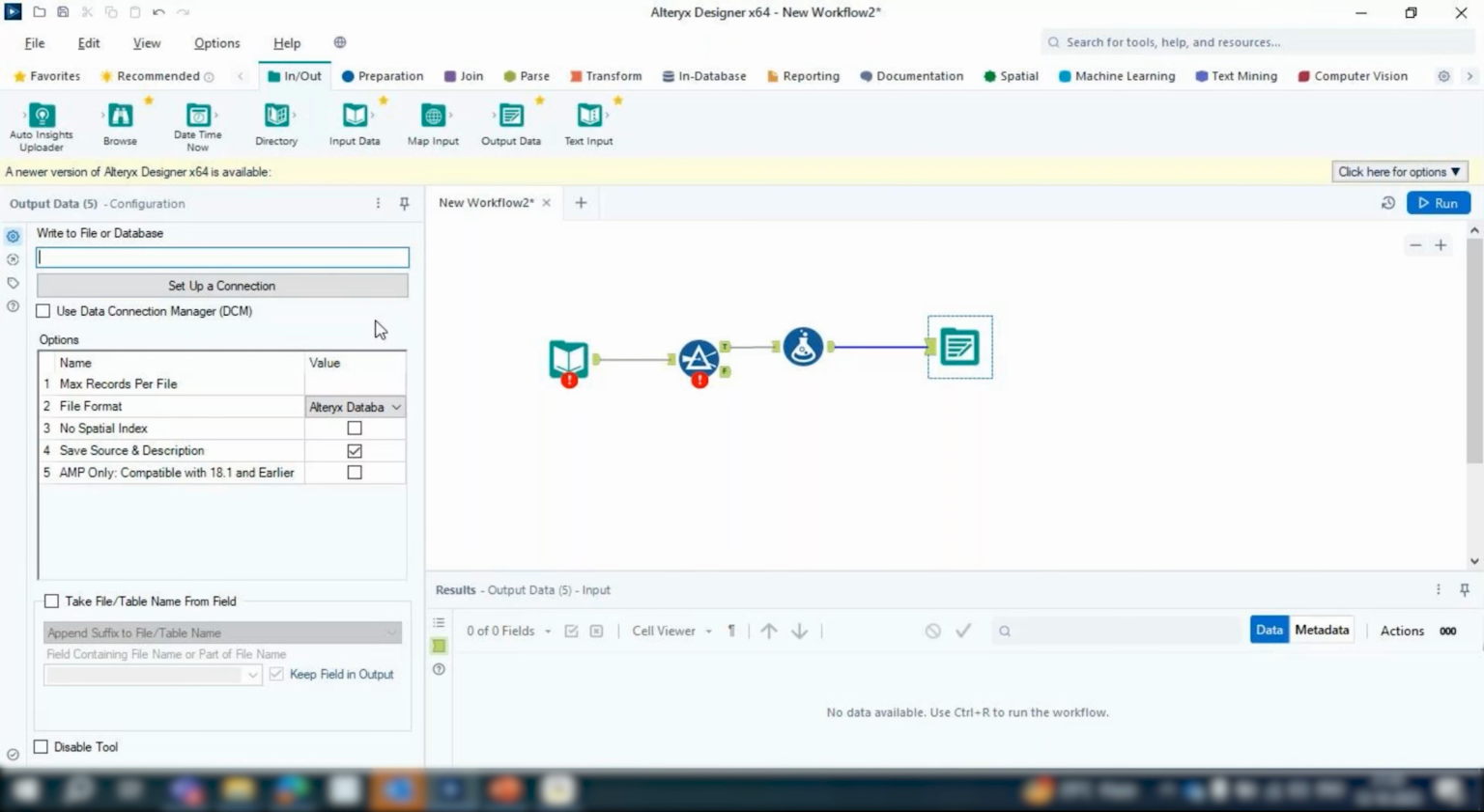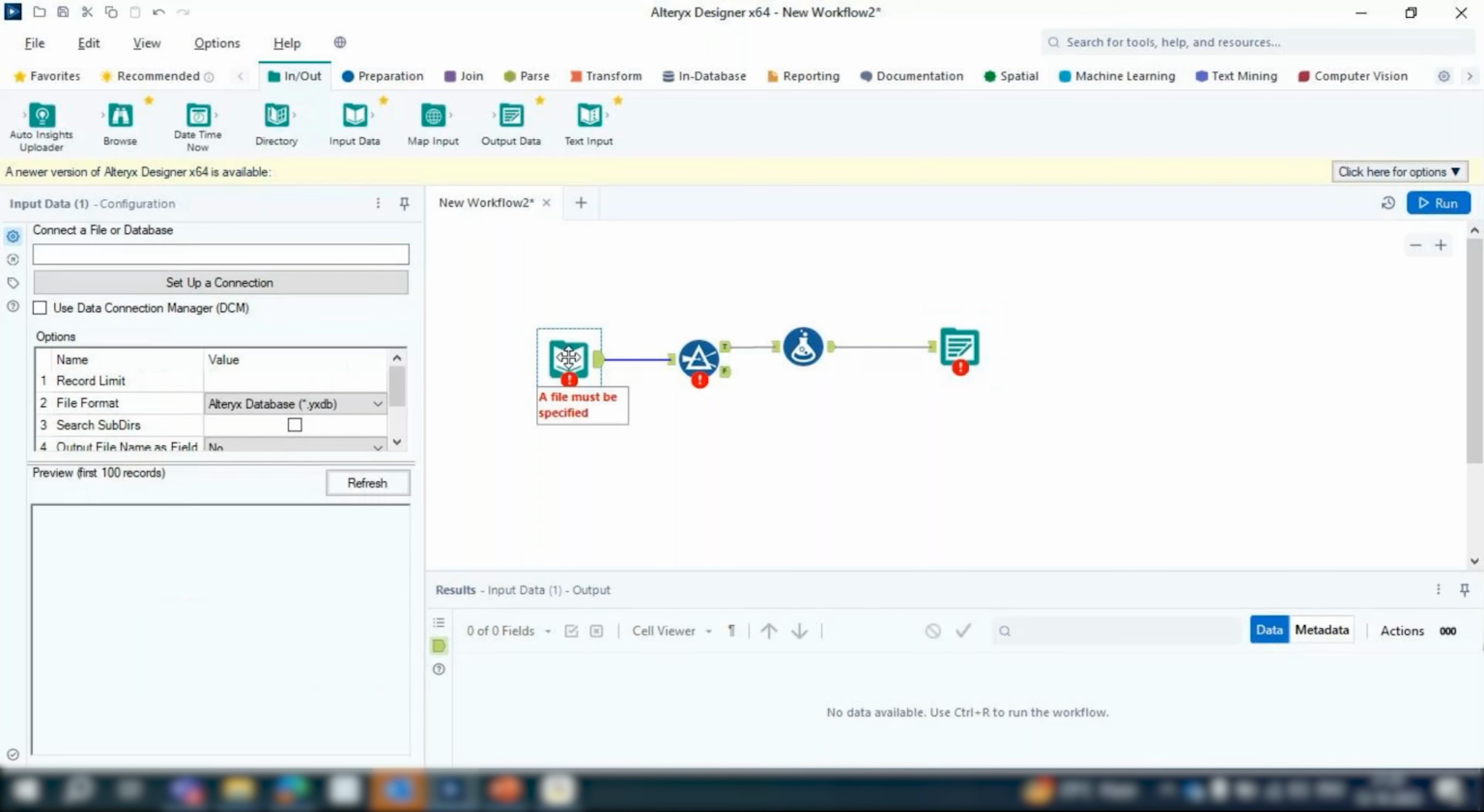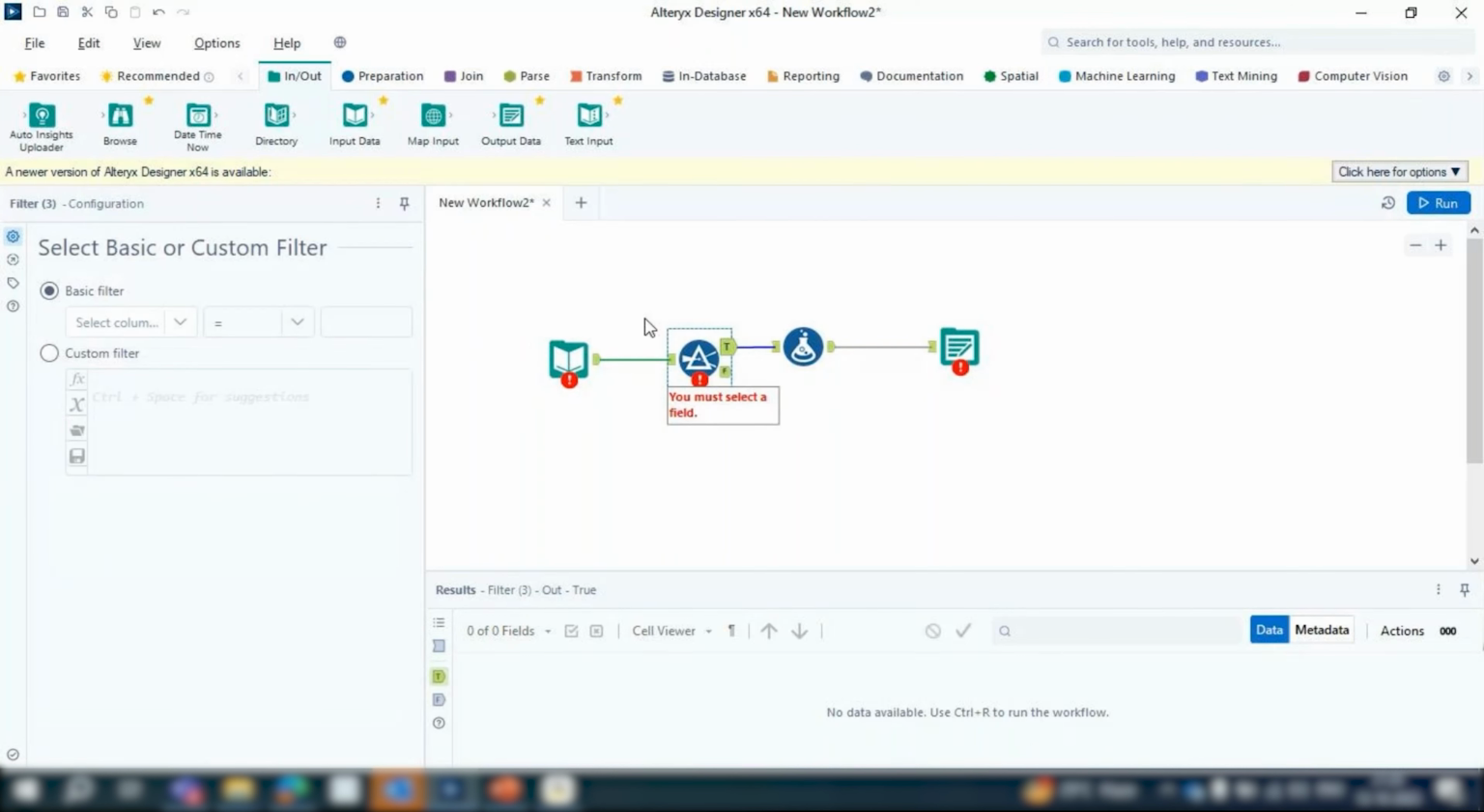And since each tool has a unique operation to perform, the configuration panel will also change for each and every tool, right? If you see, for filter,